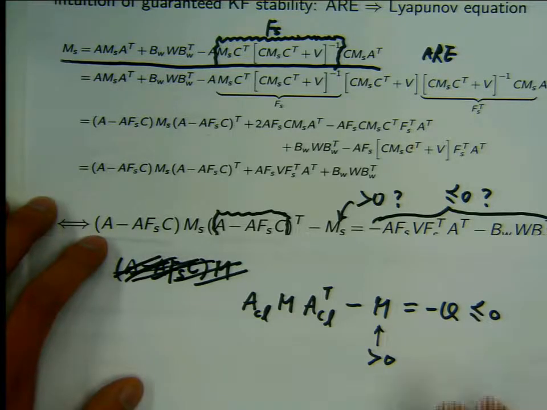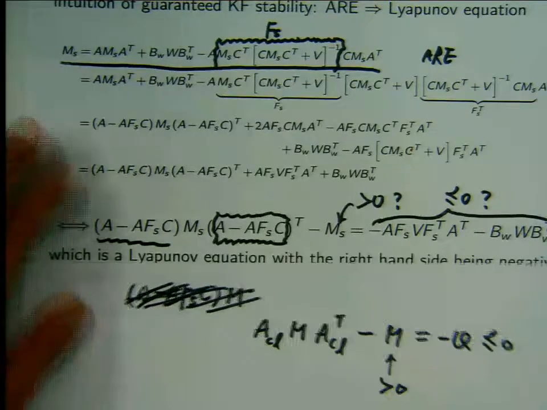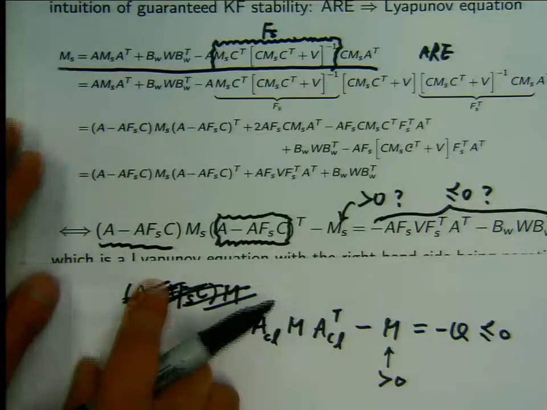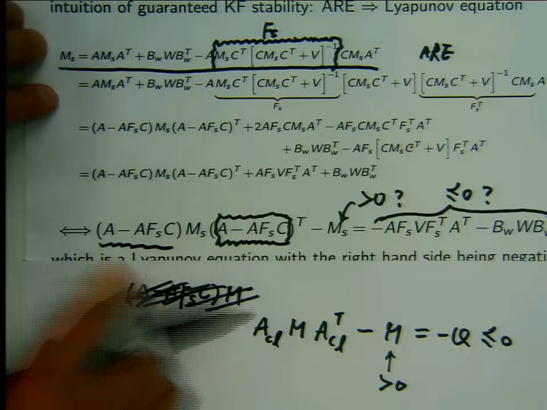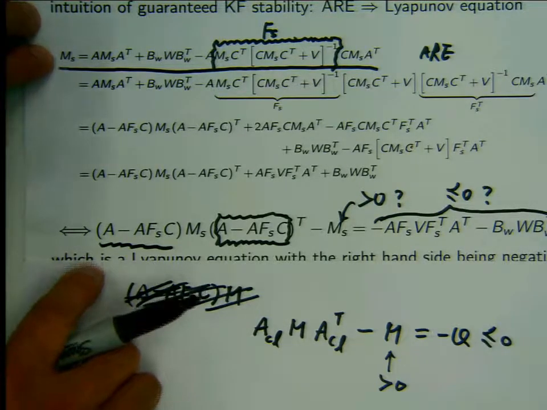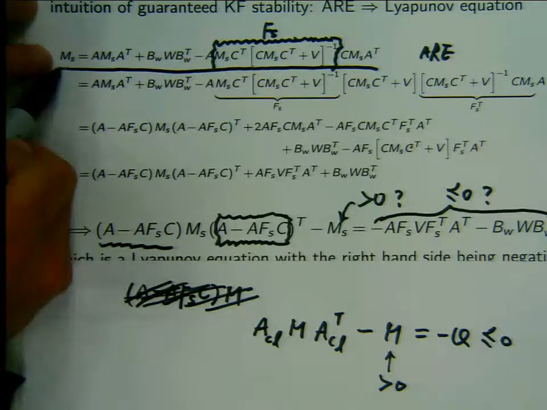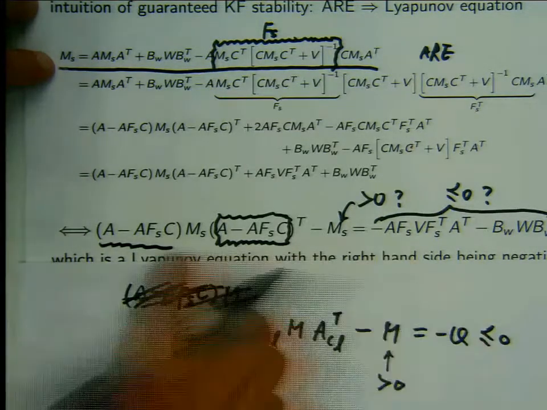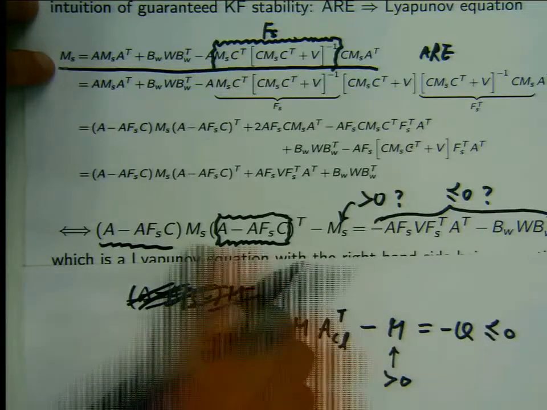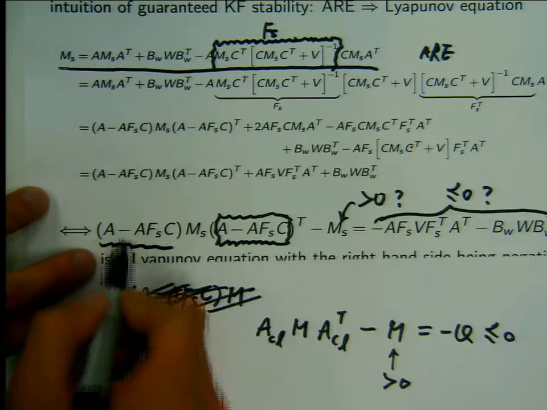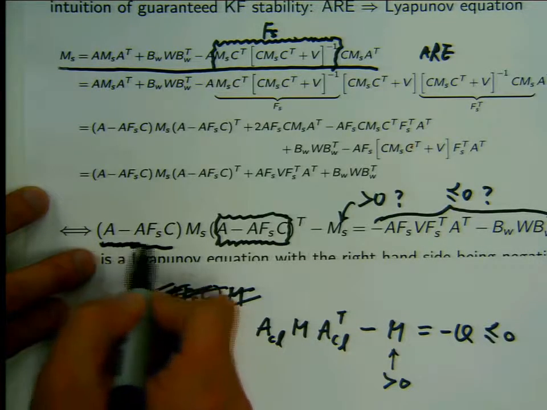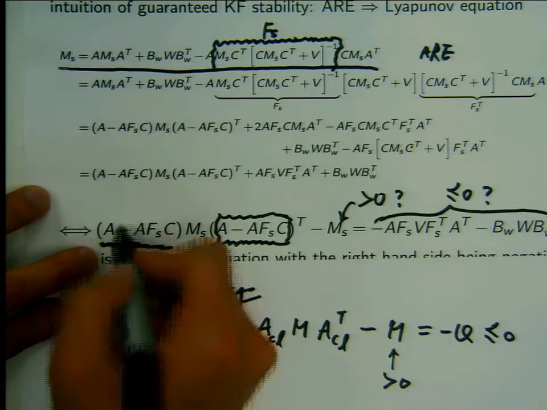It's at least stable in the sense of Lyapunov. Okay? So this is exactly the main message in this slide. It turns out, after doing some manipulations, we can translate this algebraic Riccati equation to this Lyapunov-like equation. Over there, you can see the Kalman filter closed-loop matrix A, the equivalent closed-loop matrix